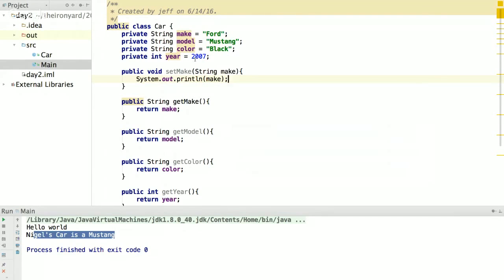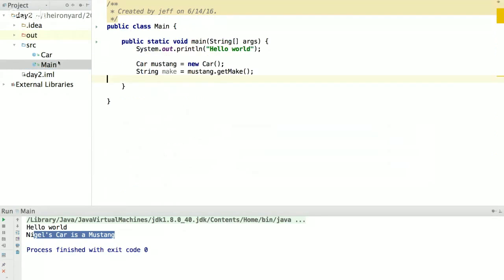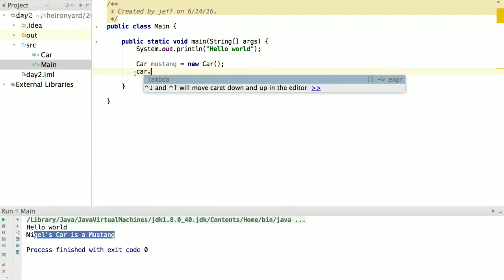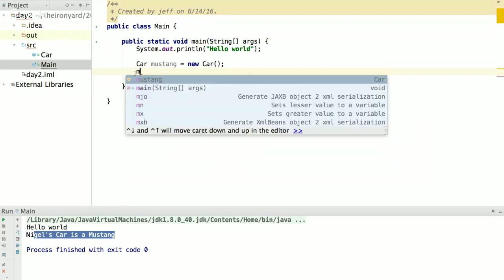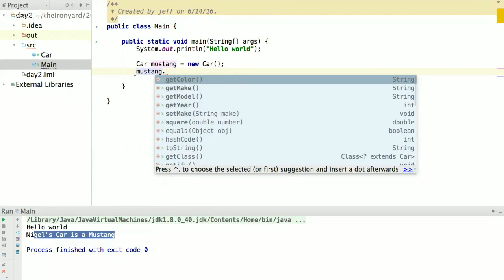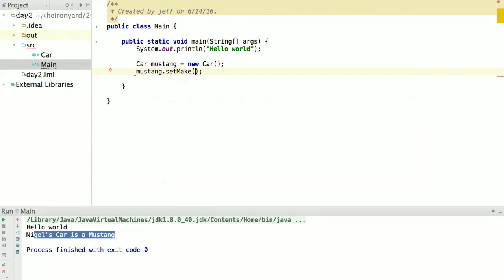Okay, so make is Ford. I'm going to come over to car, by that I mean main. What I'm going to do is say car dot, sorry, Mustang dot set make. I'm going to pass in just an arbitrary value: hello. Now, in the event